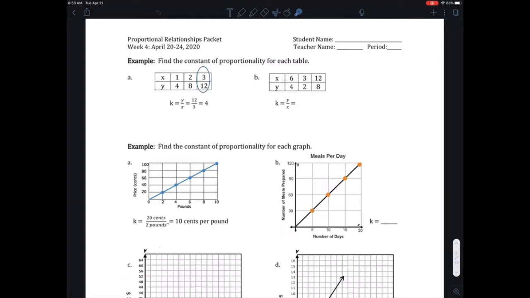So we're going to continue with the next page here on week 4, page number 2. This says find the constants of proportionality for each table. So just right there, because we read constant proportionality,